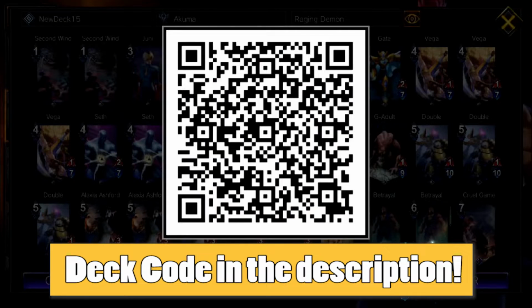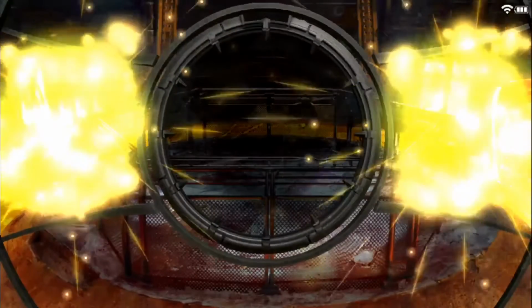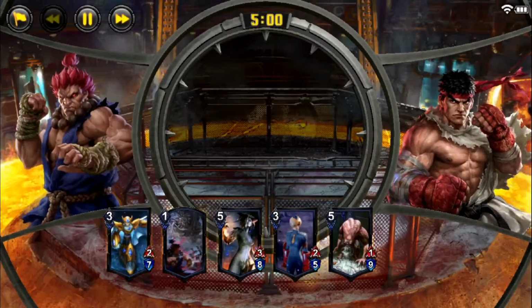A few honorable mentions are Alfred Ashford, Bandersnatch, the legendary Akuma, and Zombie. Consider these cards if some of the ones in my deck just aren't working for you. I've mentioned on Twitter that I think a lot of the new red cards really suit the Metsu Shoryuken, which